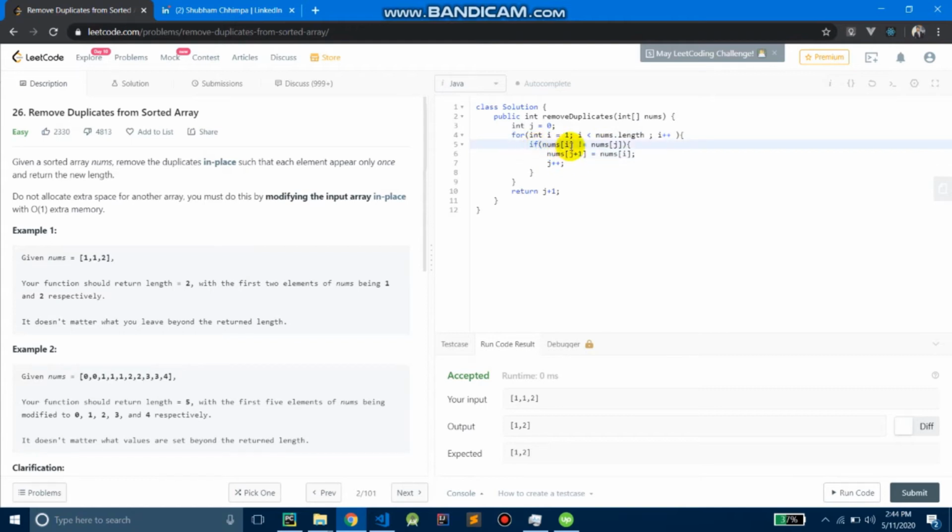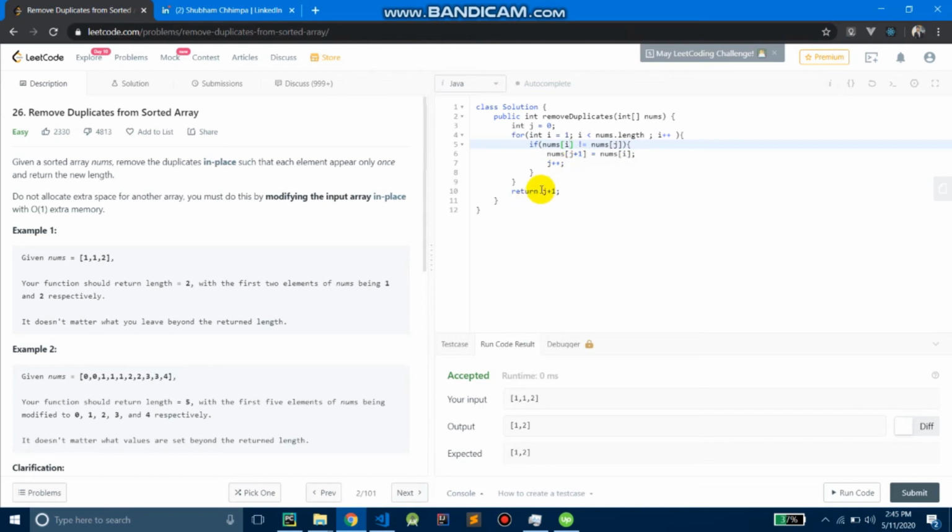So the condition is simple. If the value at the ith pointer in the array is not equal to the value at the jth pointer in the array, then we will just copy the value at the ith pointer to the j plus 1 pointer in the array, and also increase the value of j.